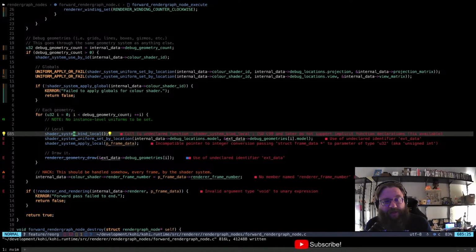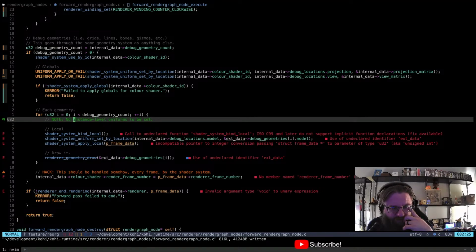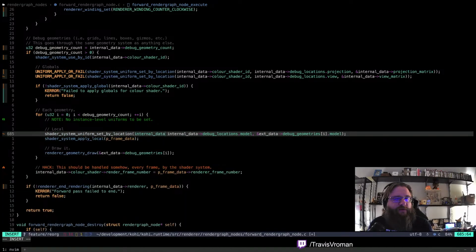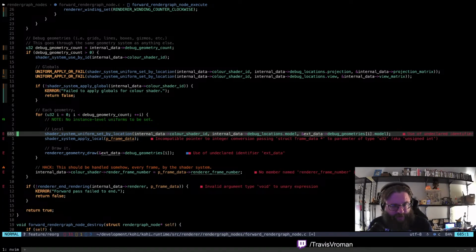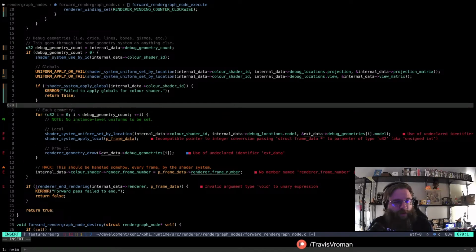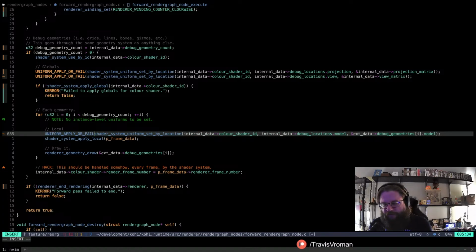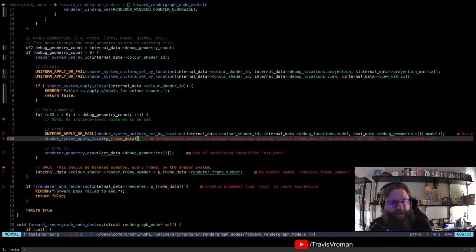And then we have each debug geometry. So there's not a whole heck of a lot here either. In fact, I don't think there's any instance level. Yeah, no instance level uniforms to be set. So this is nice and simple. We don't have the bind local, so we don't bind by scope anymore. All we do is we set the uniforms, and then the uniforms themselves have scope information, so we don't actually have to manage that binding anymore. So all we have to do now is actually pass the shader ID, and then apply or fail on that.